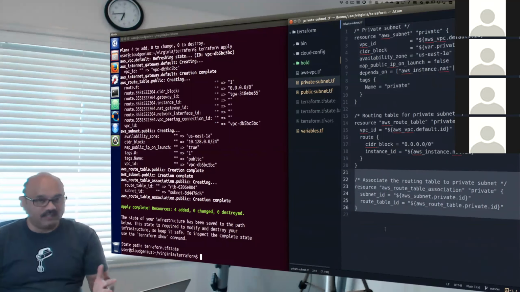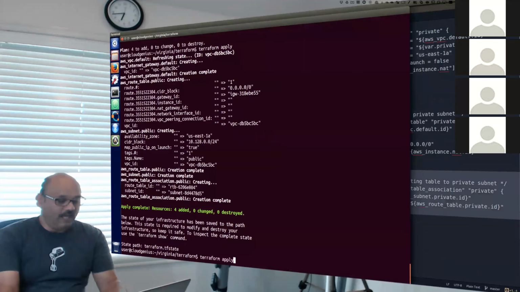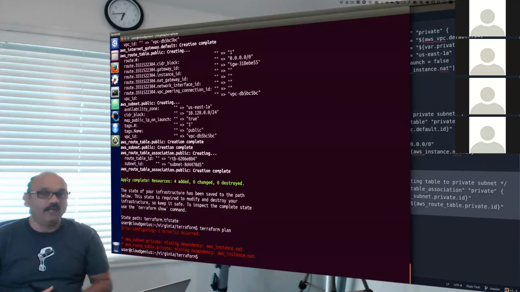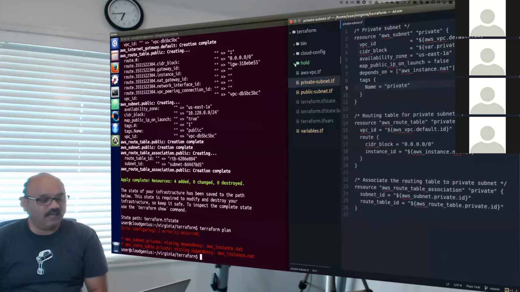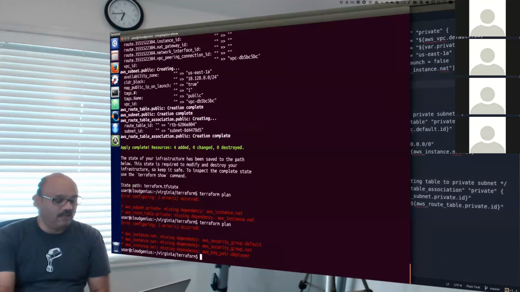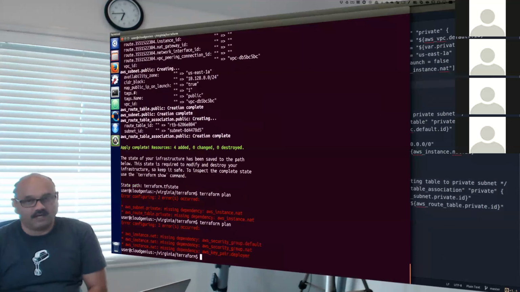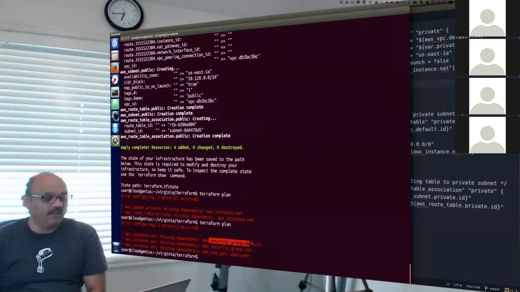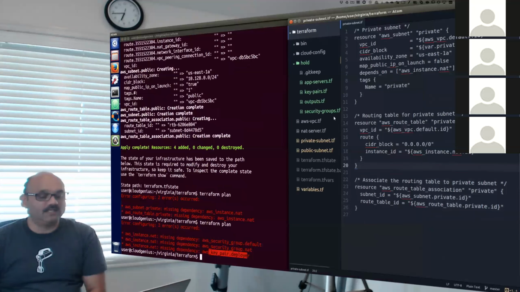If you have it like this and you try to run the plan, it will complain. It will complain that, you know what, I don't have a NAT instance yet. I cannot run it like this. So you say, okay, let me get the NAT machine out. So NAT, you come out. And you try to see the plan, it will still complain that, you know what, I cannot start a machine because I don't have the security group and the key pair. So you see what's going on. You see that there are dependencies already called out. So you cannot just magically run a NAT server. So I'll put it back in the hold area.